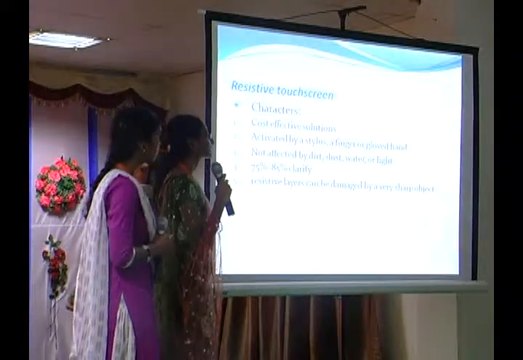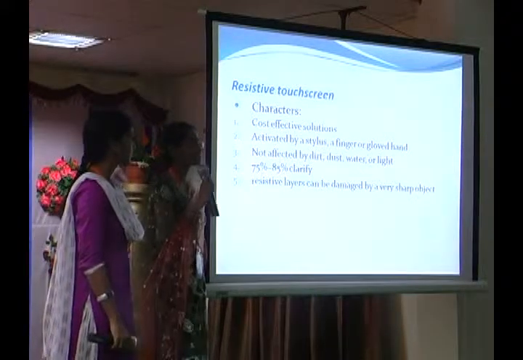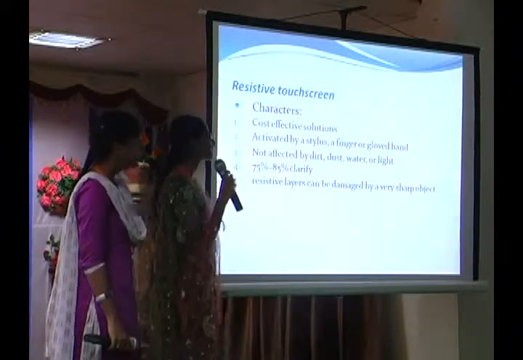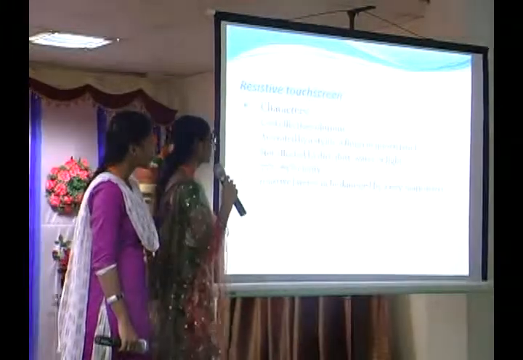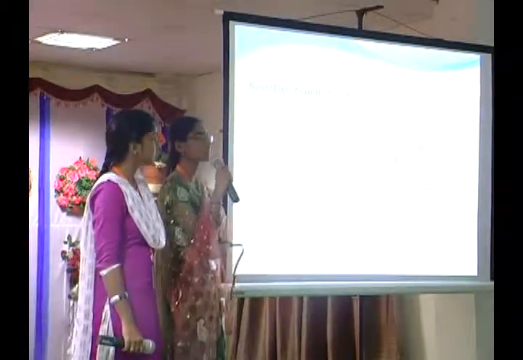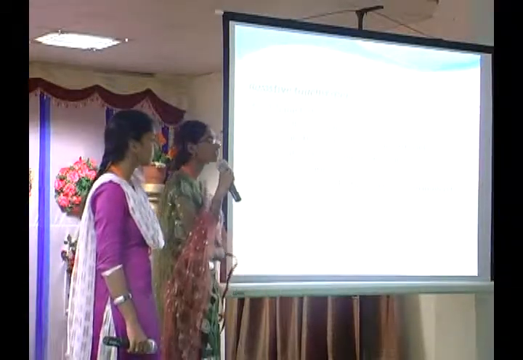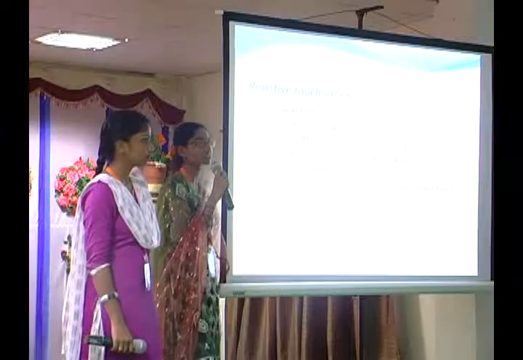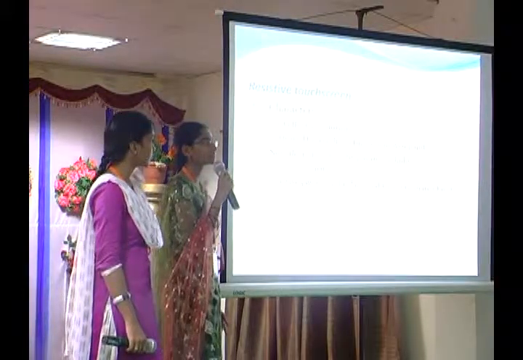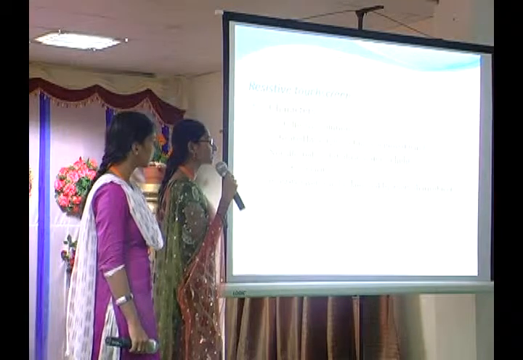The characteristics of the resistive touchscreen: it is a cost-effective solution, and it can be activated by a finger or stylus. A stylus is nothing but a very sharp and thin instrument. It has a clarity of 75 to 85%. Resistive layers can be easily damaged by a very sharp object. It acts as a limitation. To overcome this limitation of this type of touchscreen,